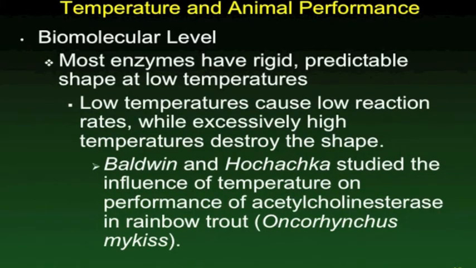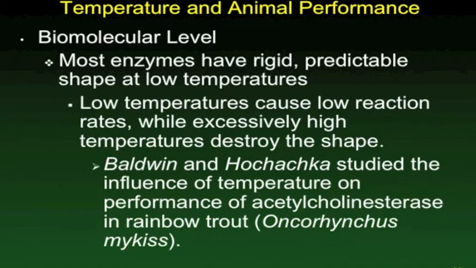So why do animals perform more effectively in a particular temperature range? This really relates to the speed at which chemical reactions occur in their body. The breakdown of food, for example, is a chemical reaction in our bodies, and the speed at which that happens has to do with the function of enzymes. So enzymes work most effectively in a very specific temperature range where they're not too rigid in terms of catalyzing a reaction, but they're not so warm that they're actually breaking down and unable to catalyze the reaction at all. So if the temperature goes higher, then the enzymes can denature, they change their shape, and then they're unable